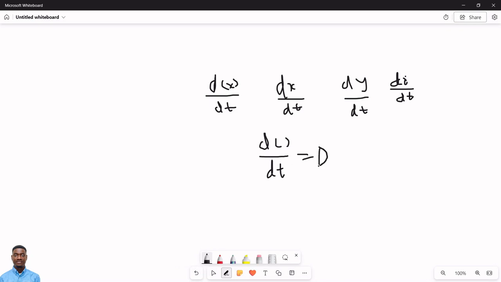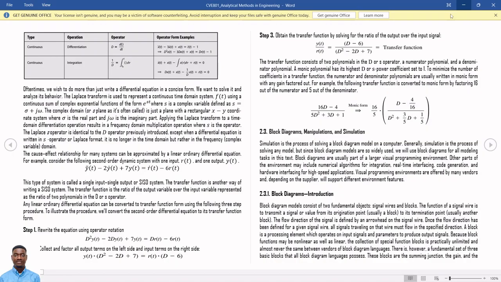This capital D here is your operator notation in this case. So this is the operator. Differentiation is the operator here, and the notation is this capital letter D in this case. For differentiation, for integration,